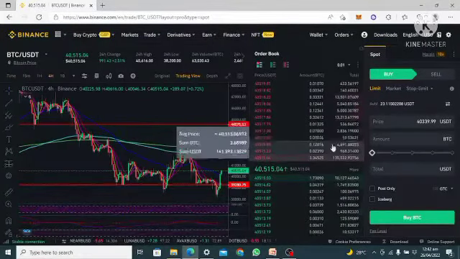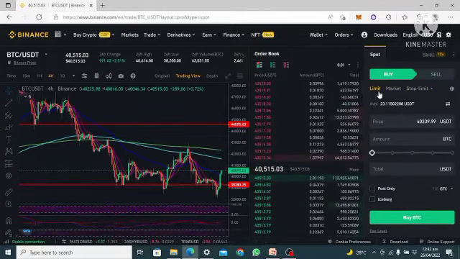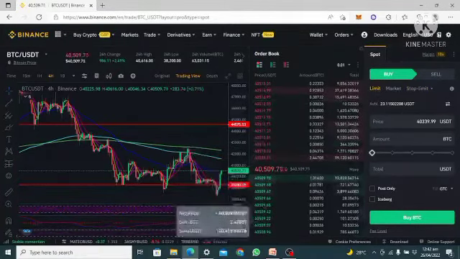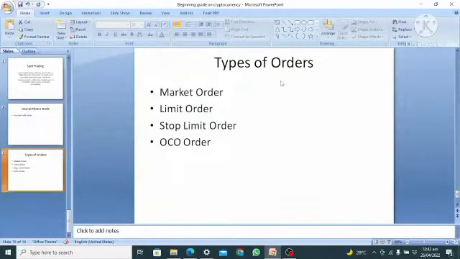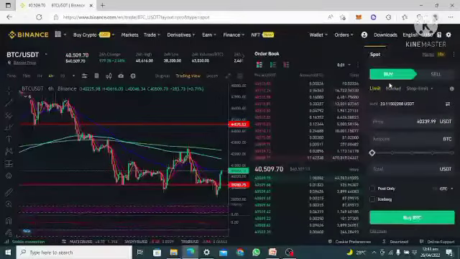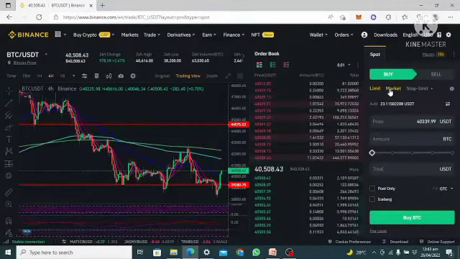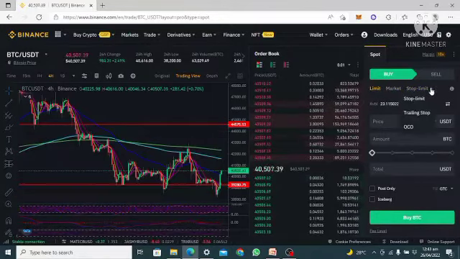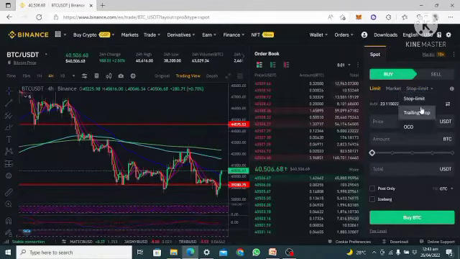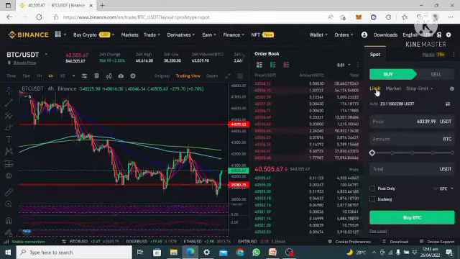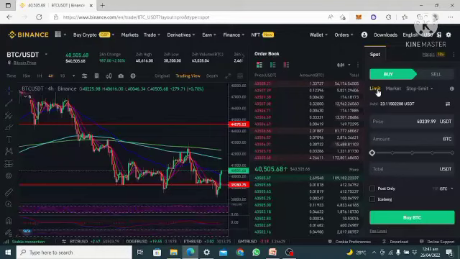Then the next thing to know is how to fill your order. We have the limit order. I talk about here how to place a trade, and we're going to explain that better. In types of orders, we talk about market order and limit order. You can see it here now. This is your limit order, this is your market order, and this is the stop limit order. As for now, for a beginner, we're going to focus on these 2 types of orders: the limit order and the market order.